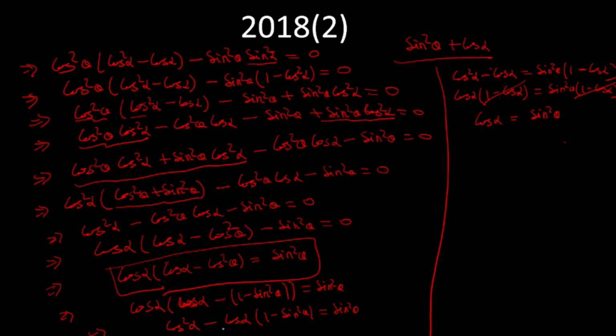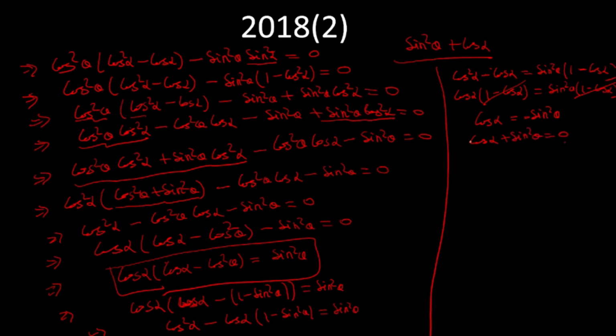When we multiply with cos square alpha, here we get cos alpha minus, that is correct, and that is minus, and when it goes here, it becomes minus cos alpha. Then I took common cos square theta, sin square theta, so we get cos alpha equal to sin square theta. I think we made some minus mistake, here comes minus, and when we take it to the left side, we get cos alpha plus sin square theta equal to 0.